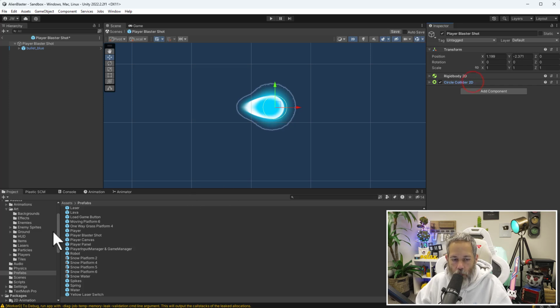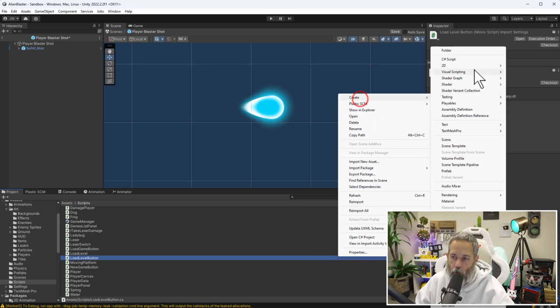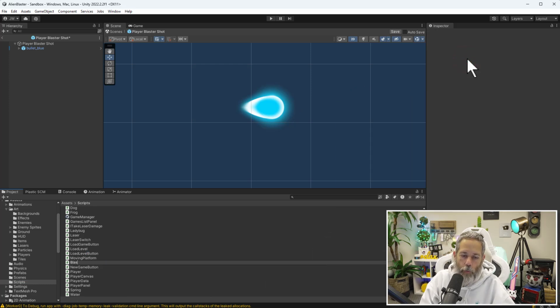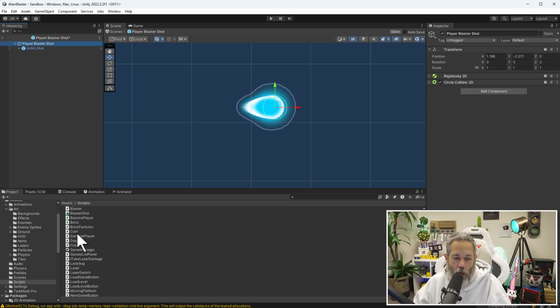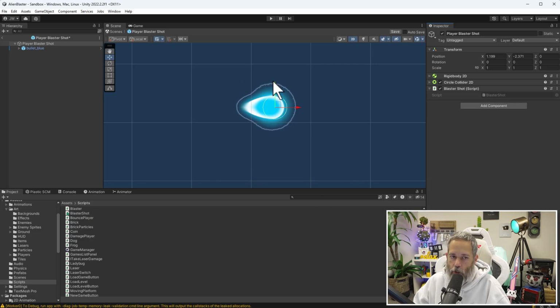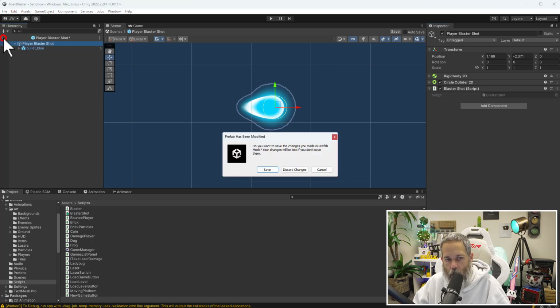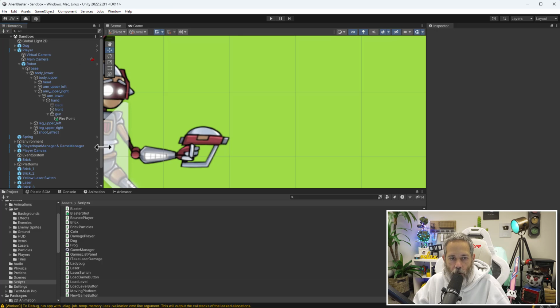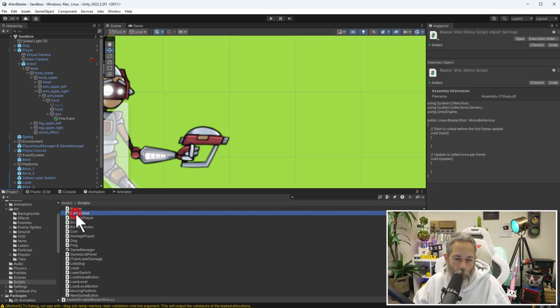The next thing I want is a script. So I'm going to go to the scripts folder and we're going to create a blaster shot script. So I'll right click, create C# script and call this blaster shot. We'll add that to our blaster shot object as soon as it finishes recompiling, and then we'll open our script up. Actually, let's exit out of prefab edit mode, let that save our prefab, and then open up our blaster shot